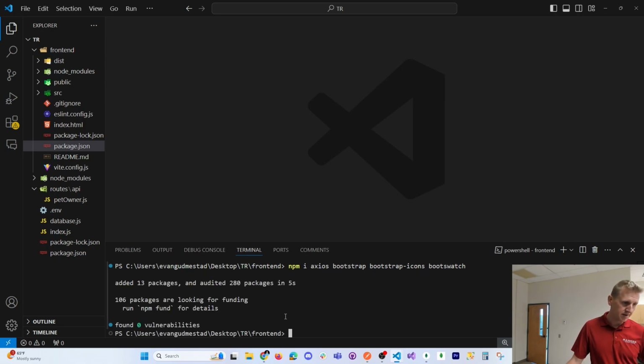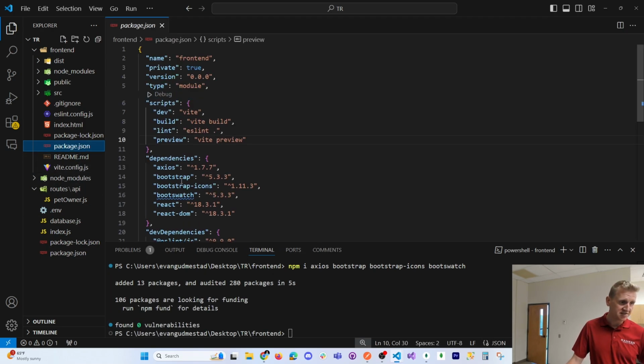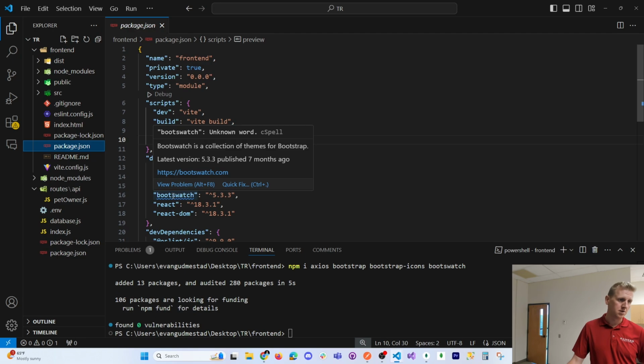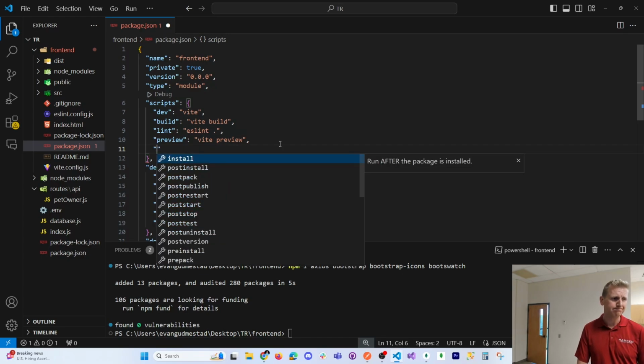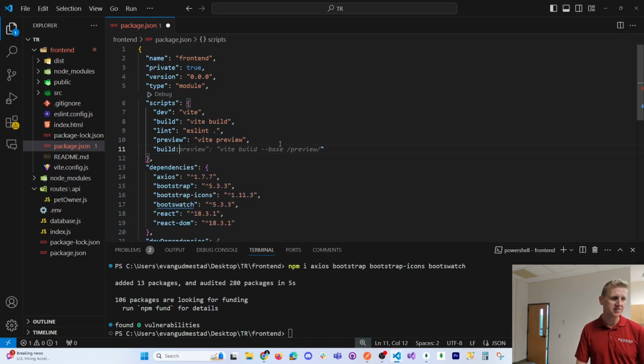Bring in all these dependencies. Now if I open up my package.json, I've got Axios, Bootstrap, icons, and Bootswatch, a collection of themes. Cool. Now I'm going to add one script here on my front end. I'm going to call it build auto, and it's going to run the vite build command